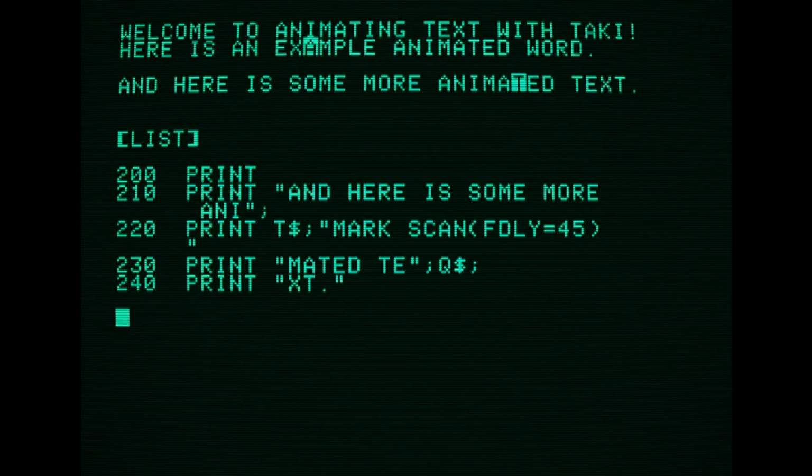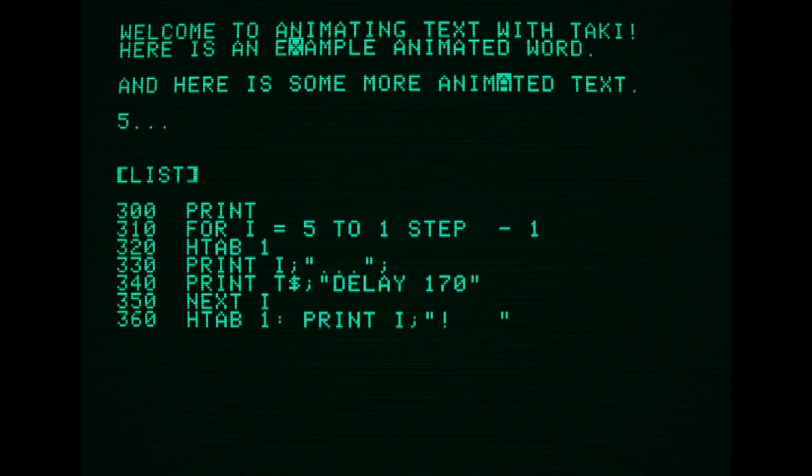Animations kick on the first time somebody prompts for input, but you can also kick them on yourself with a pause instead. You really can't use a FOR loop or the monitor's WAIT command to pause in your program while animations are running, because this hogs all the CPU time and allows no opportunity for the animations to actually run. So Taki offers a DELAY command to pause a while the animations run. It's not really possible to say how big a number you should give the DELAY command because it depends on how much processing time is required by whatever effects are currently running. But somewhere around 170-ish might be about right for a second, and you can try that out and then adjust the value as needed.